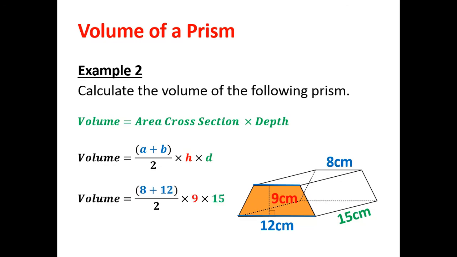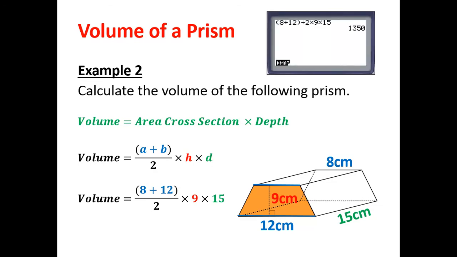So let's substitute in some numbers. A and b are 8 and 12. We're going to go bracket 8 plus 12, close bracket, all divided by 2. We're going to multiply that by the height, which is 9, and finally we're going to multiply that by the depth, which is 15. Let me grab my calculator and go bracket 8 plus 12, close bracket, divide 2 times 9 times 15. I get 1350. So the volume of this prism is